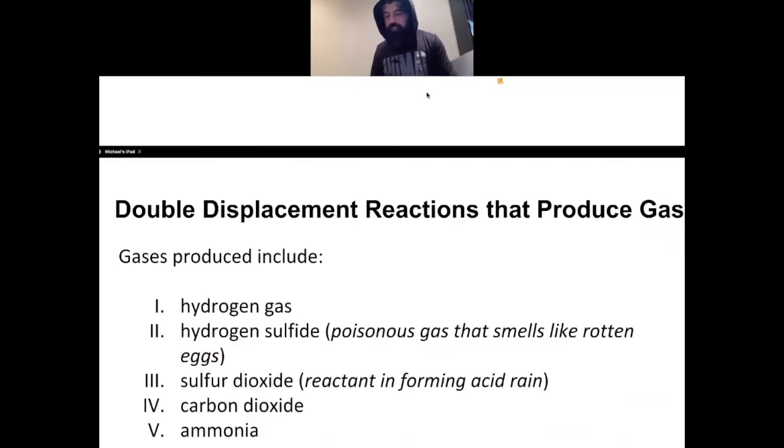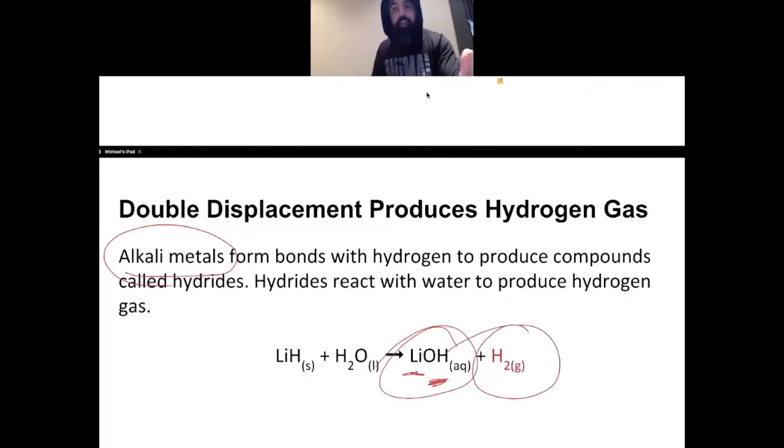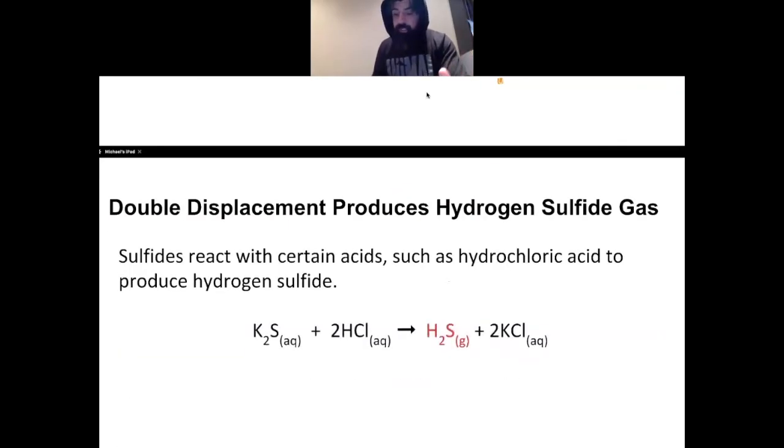Double displacement reactions that produce a gas. Here are 5 possible gases that can be produced. Unfortunately, these are ones you're going to have to memorize, or you'll have in your notes to refer to. And we'll talk about them right now. So here we've got a reaction producing hydrogen gas. We've got an alkali metal reacting with water to form a basic solution, giving off a gas. Okay, another double displacement reaction that forms gas is